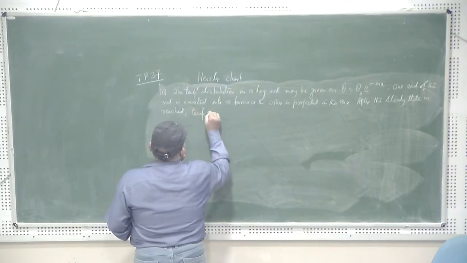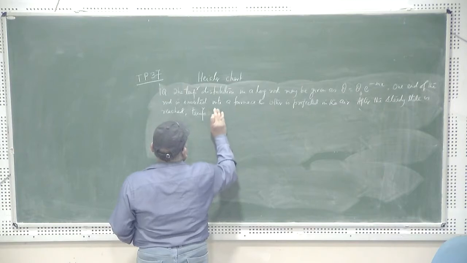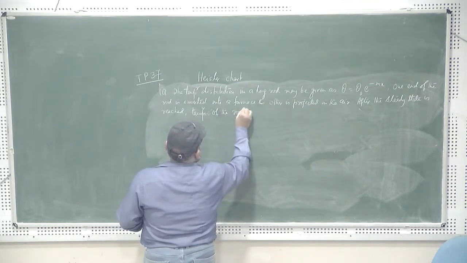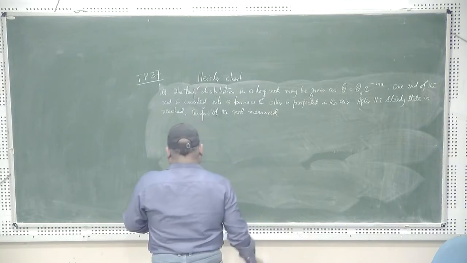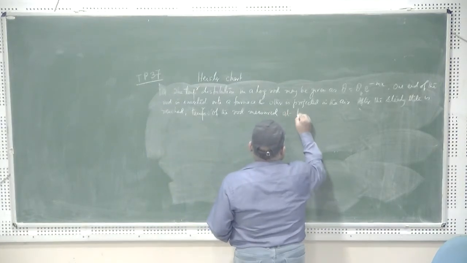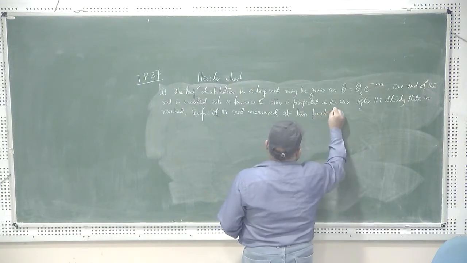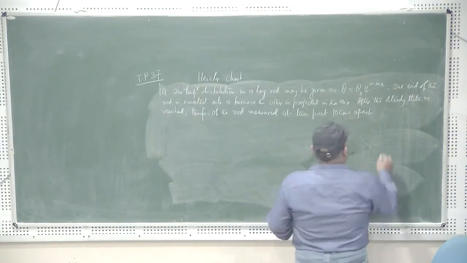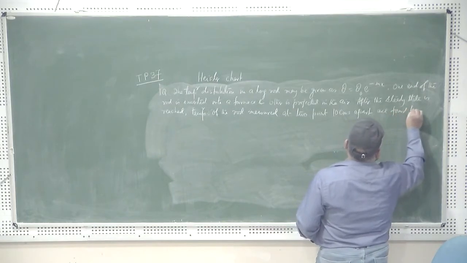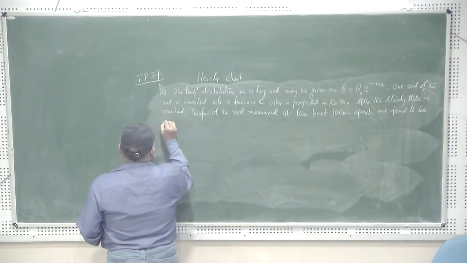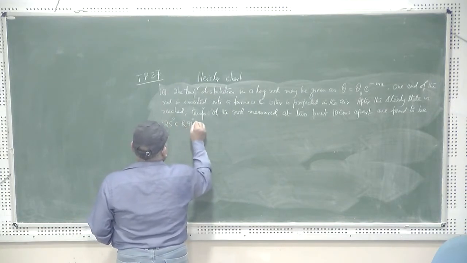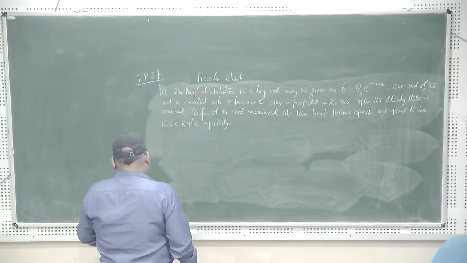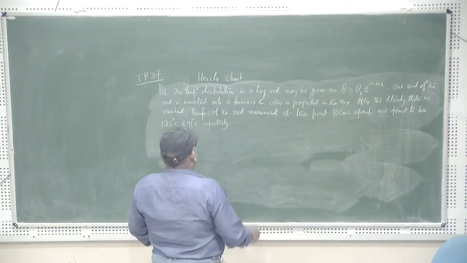the temperatures of the rod measured at 2 points, ten centimeters apart, are found to be 125 degrees centigrade and 91 degrees centigrade respectively. Calculate the thermal conductivity of the rod,